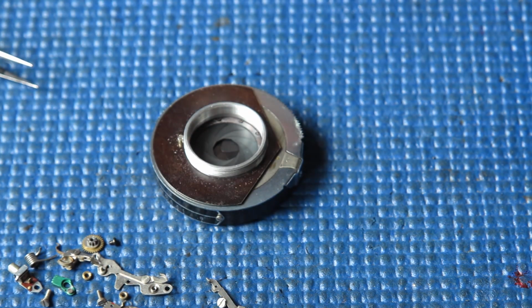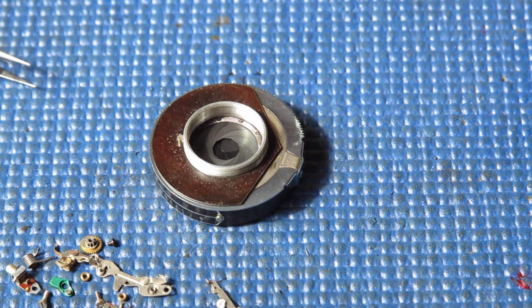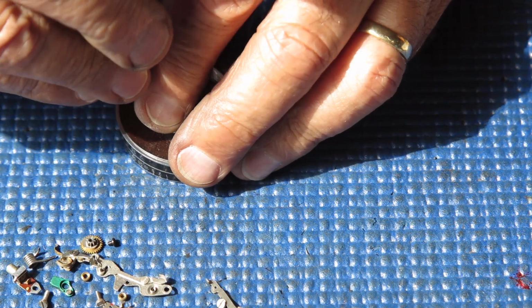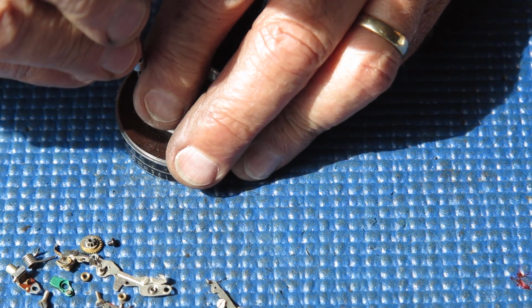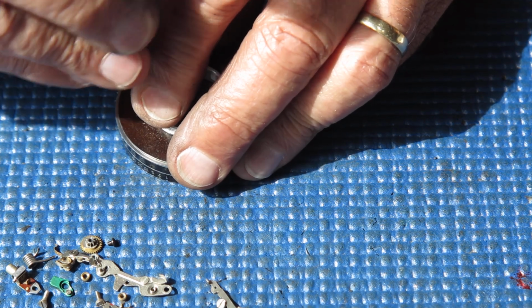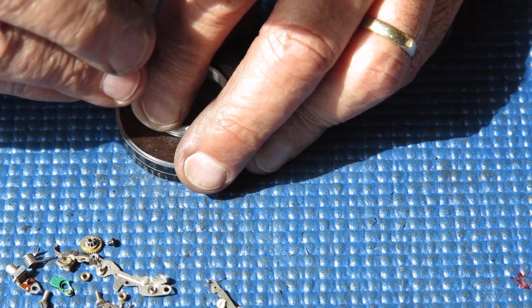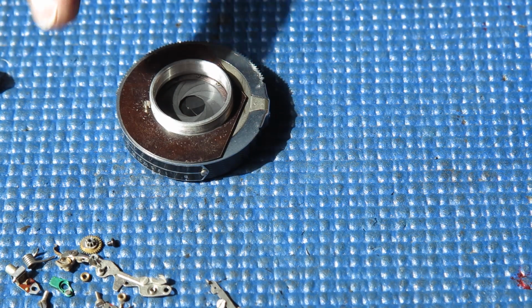Because the slot is very shallow, the screwdriver doesn't want to engage with it. I will try using a watchmaker's screwdriver, which has quite a sharp tip on the blade. See if that will work. It's not really progressing very well. I'll turn that around slightly so I can get to it, and I'm going to file that slot wider